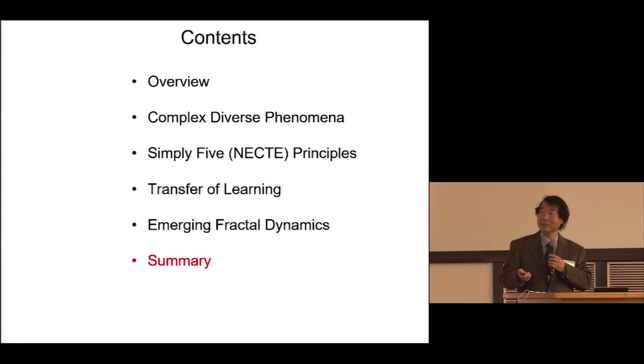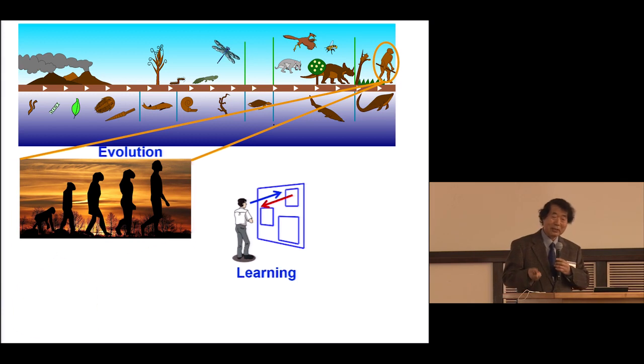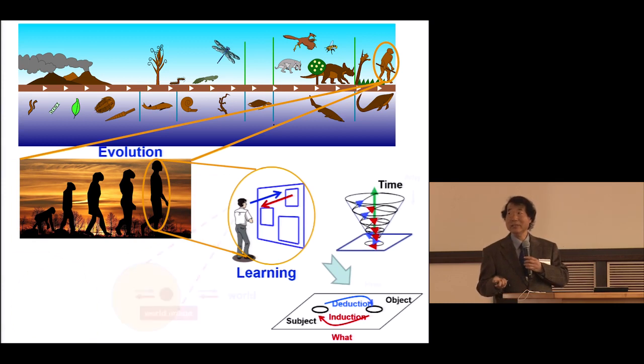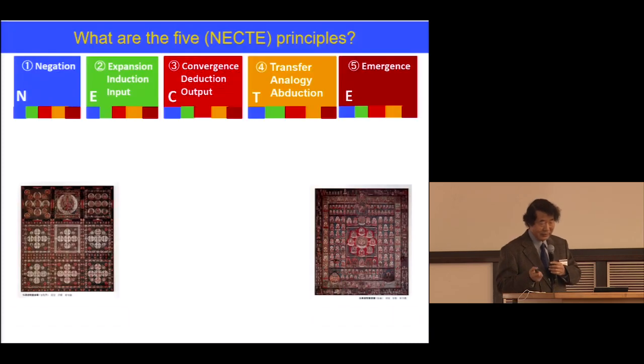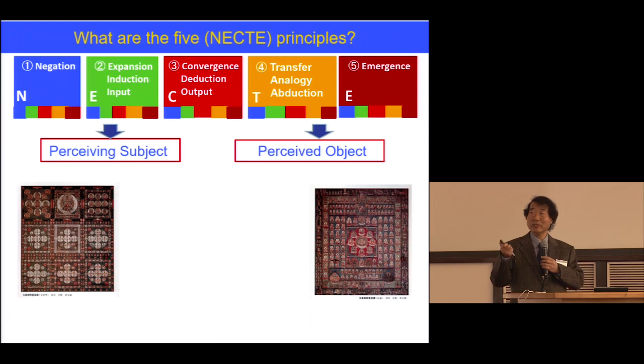Now let's go into summary. As we experienced through evolution, you understand how evolution occurs based on evolutionary principles. Learning is just like evolution based on self-non-self circulation. And it looks like fractal nature, which is very similar to single cell dynamics. And what are the 5 principles? They are represented by negation, expansion, and so on. These are the principles, not only of the perceiving subject, but also of the observed or perceived